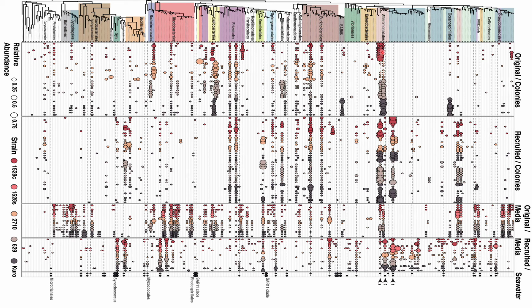So for example, the Alteromonadales are very abundant in the original and the recruited colonies. Some other ones that are abundant in both include Burkholderiales and the Rhizobiales. And I think that Rhizobiales is actually maybe the most interesting of those that are abundant in the colonies, because